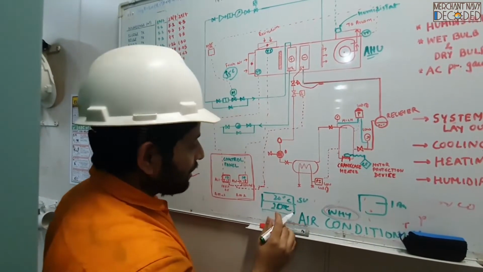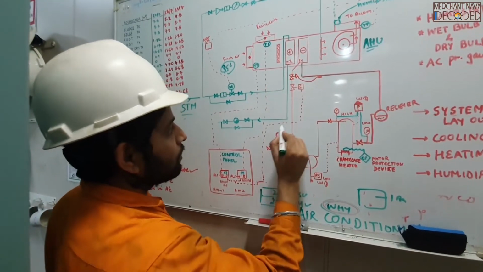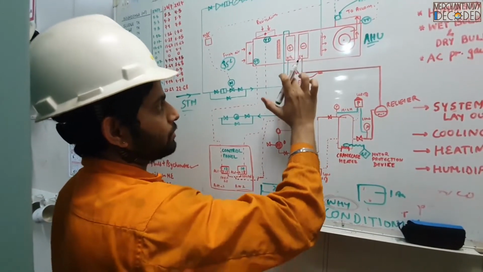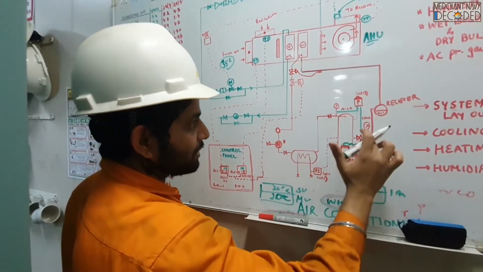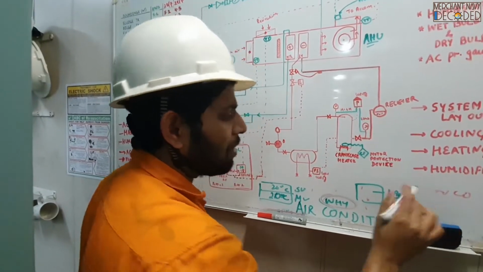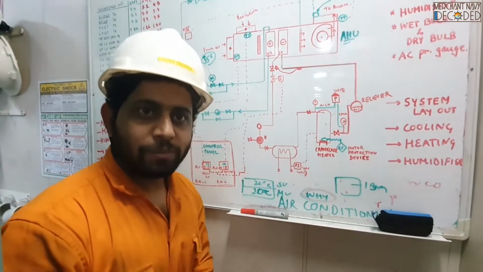degrees centigrade. As soon as my measured value becomes 20 degrees centigrade, this controller will give a signal to shut the solenoid valve. The solenoid valve shuts. Again, there is no refrigerant going over here. The suction pressure starts dropping over here. The pressure switch, pressure reaches 1 bar. It says, oh, shut the compressor, and the compressor stops. Again my AC system is getting rest.